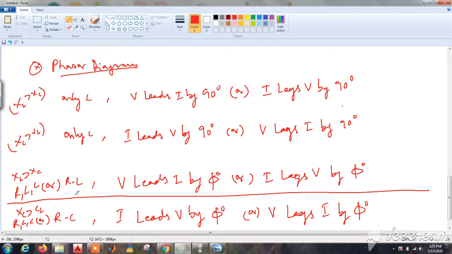In RLC or in RL, when R is present, now the ideal inductance will not be there. Where inductance is dominating, voltage leads the current but not by 90 degrees. It leads the current by the power factor angle, whatever it is, that is phi, or current lags voltage by phi. Similarly, the opposite is the case when XC is dominating more than XL, or in case of an RC network, the current leads voltage by the power factor angle, or voltage lags the current by the power factor angle. Okay, so these are the points to remember.